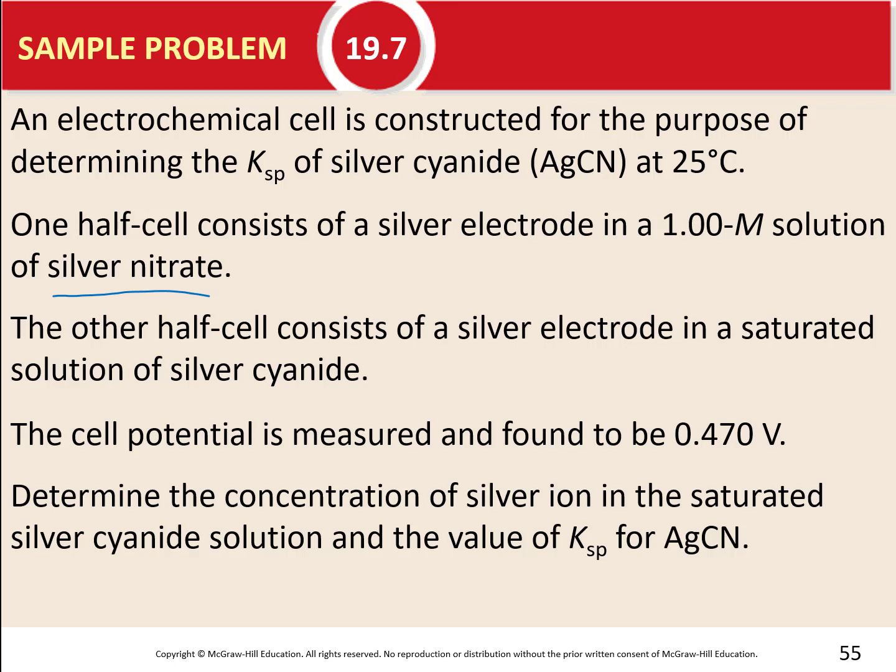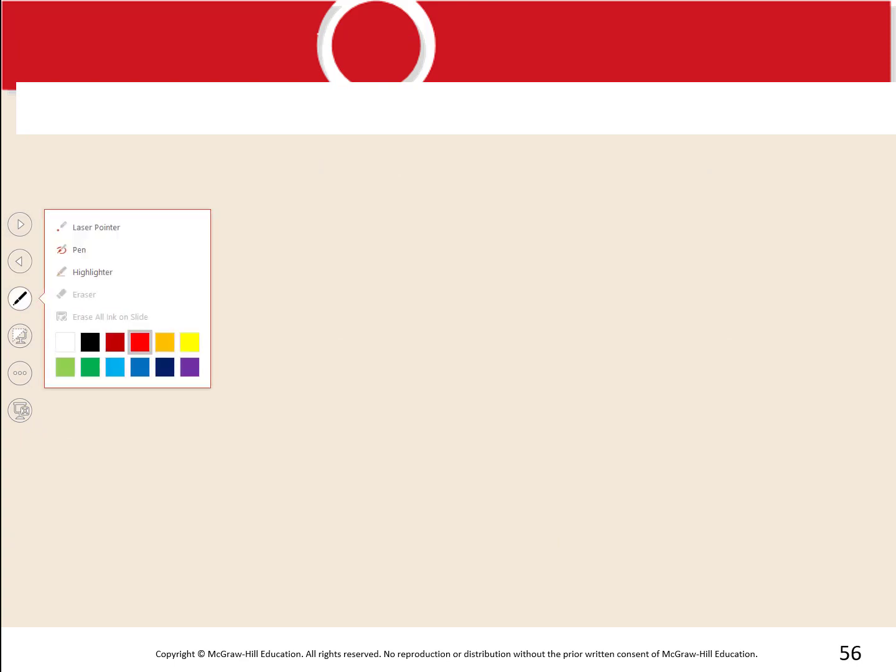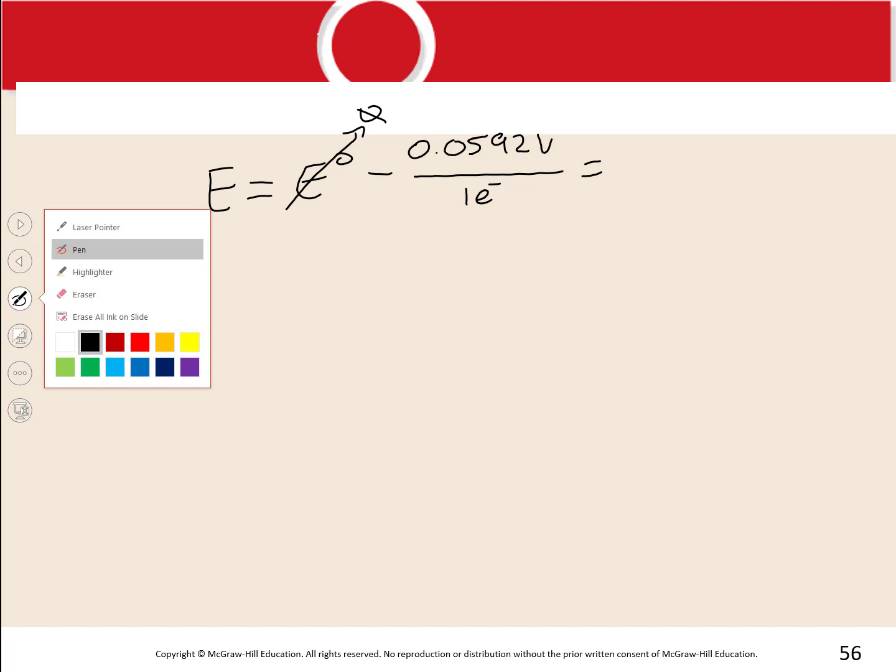So let's look at the next page. There we go. So the Nernst equation, E is going to be equal to E standard, which for a concentration cell is going down to 0. And then what's the rest of it? Negative or plus? Negative 0.0592 volts over 1 electron times